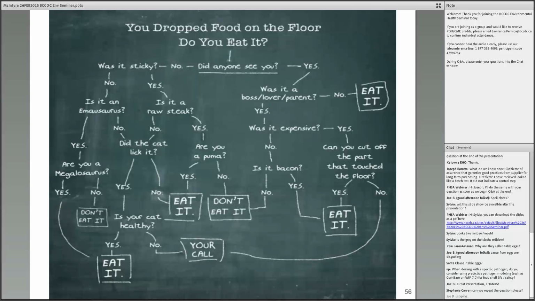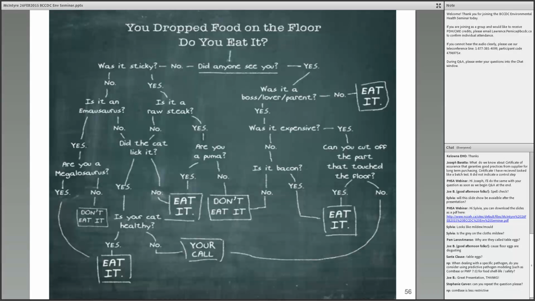So the question was, do we use pathogen modeling? Where we can, we do, but I have PMP on my computer, but I don't have admin rights. So every time I want to use it, I have to go into this special account, which is a pain. But when I do use it, it's very restrictive in the times and temperatures that it allows you to look at. So I actually tried to use it for my eggs issue, and it doesn't really work because it doesn't do sous vide temperatures. It's mainly what's the growth at 20 C or below. I haven't tried Combase. I could have a look at that, but we do try to use those, and if you have really good programs that you know of, let me know. Any other from the